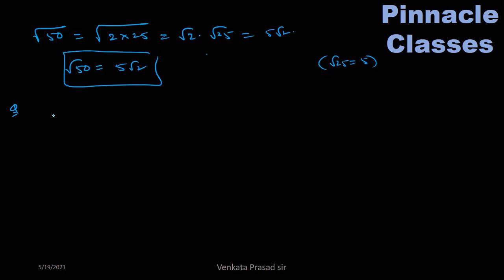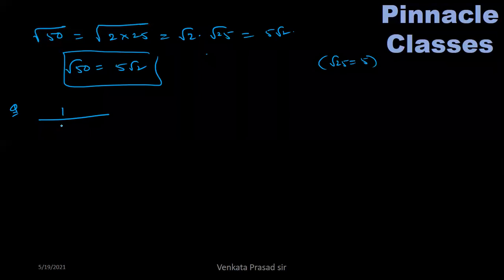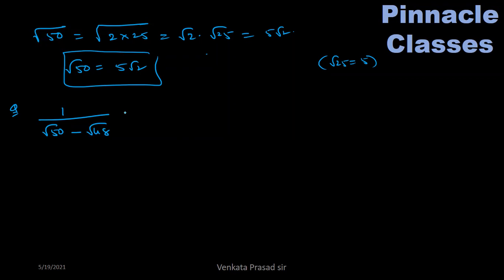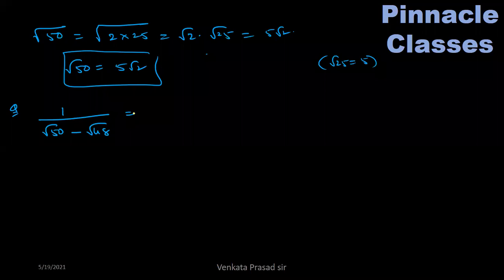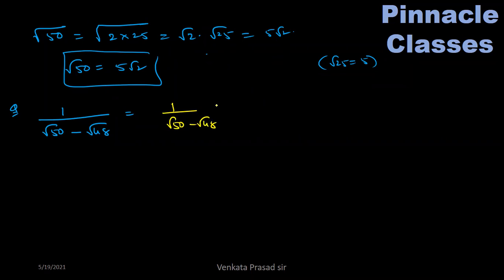Okay, now I'm giving more questions. 1 by root 50 minus root 48. Just a minute. How to write this one? See carefully. Rationalize. What to do? Minus is there, so plus root 48 by